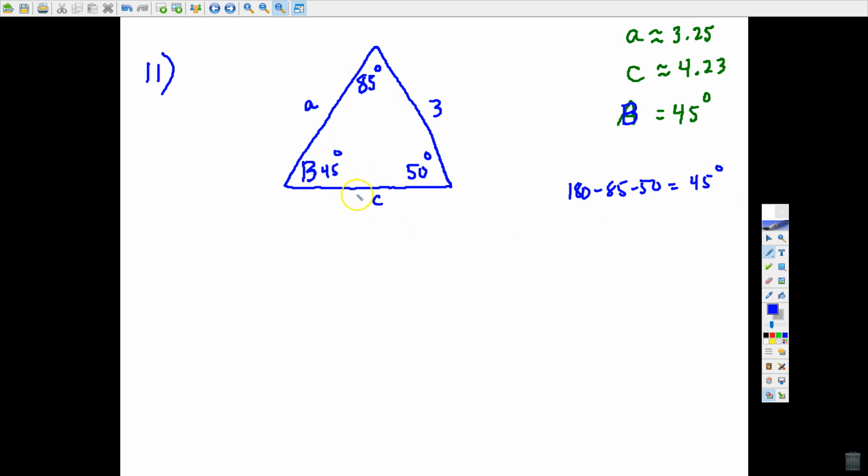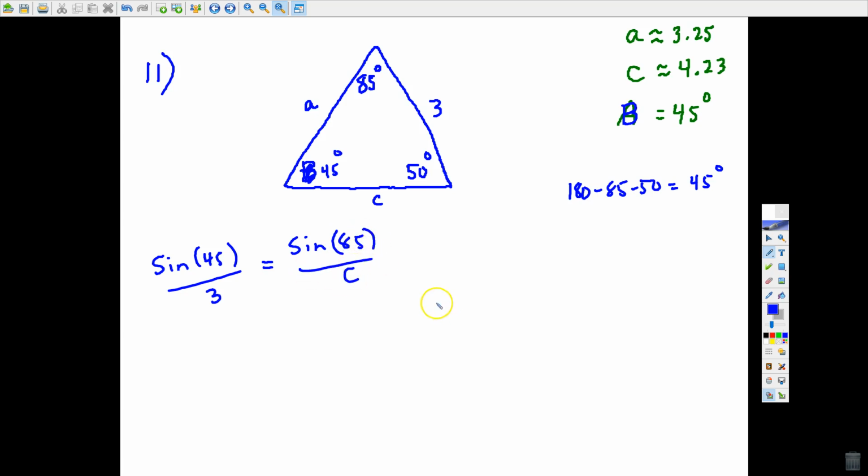All right, and so let's work on, for example, finding side C. So I can set these up, this angle with this corresponding side. So I'll do sine 45 divided by 3. And I'm going to let that equal this angle, which would be considered angle C since it's across from side C,